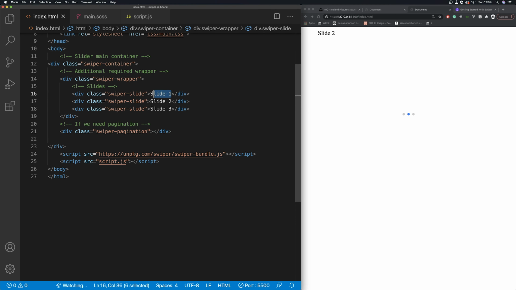Now let's change the HTML. Each one of these swiper-slides is a single slide. You can see by default it doesn't autoplay. All these configurations will be done going through this tutorial. So now we need to remove this and add